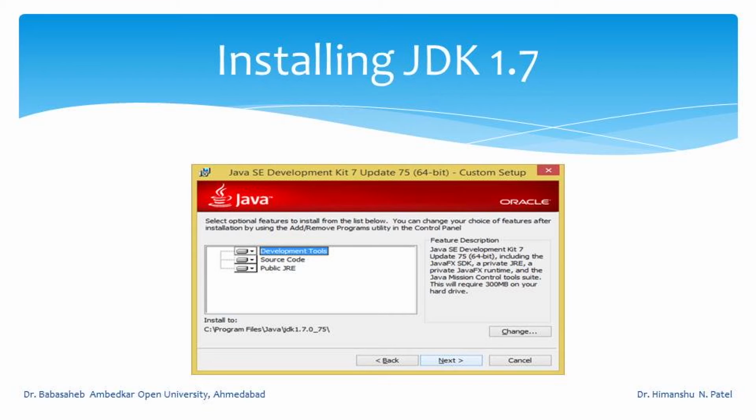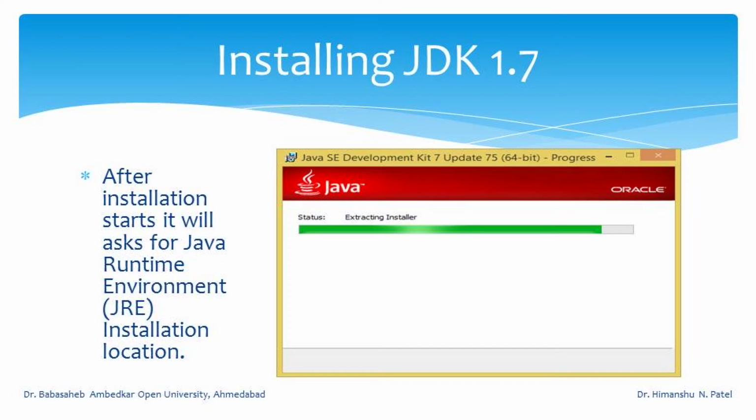Here by default it is in Program Files with the version name, but suppose you want to install it in D or E drive, you can also change that. So, once you change this path or use the default path, then you have to press the next button and installation will start. You can see the progress of installation by this progress bar, and in between it will ask for installing Java